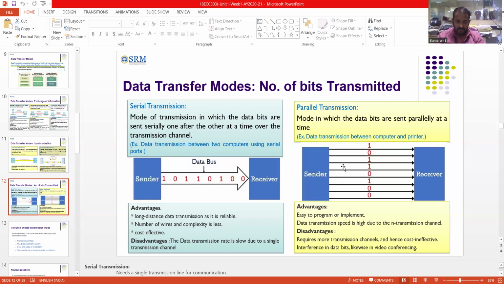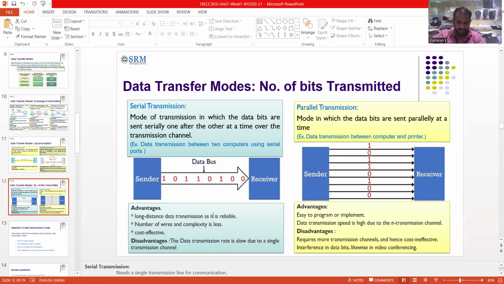Okay. So the main drawback in serial transmission is that the data transmission rate is very slow due to a single transmission channel. So here itself you can see you have only one channel to transmit. If you have one channel, what will happen? You can transfer to a longer distance, but the transmission rate is very slow. Okay, why? Because if I want to send a number of bytes, one byte means I need 8 time seconds to transmit each and every bit. Correct. So here, what will happen? This will lead to